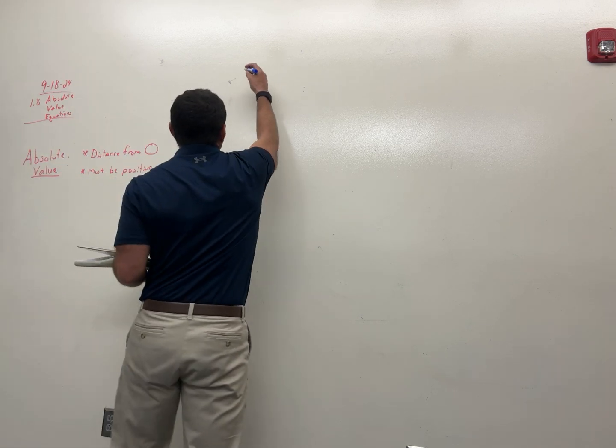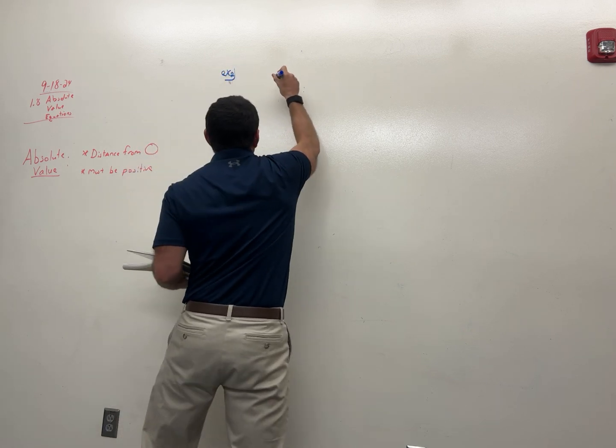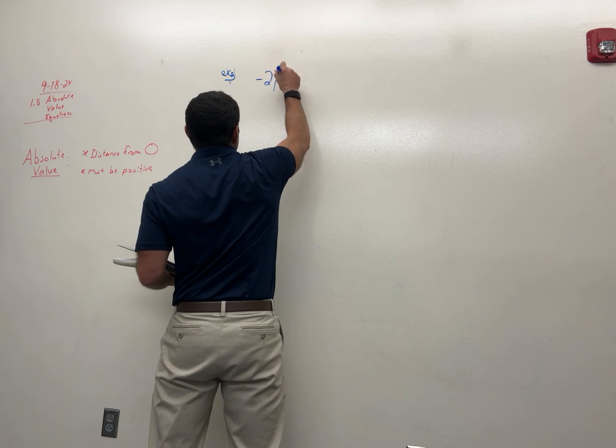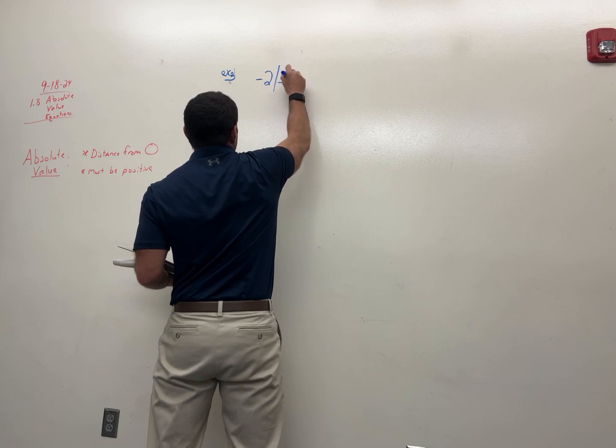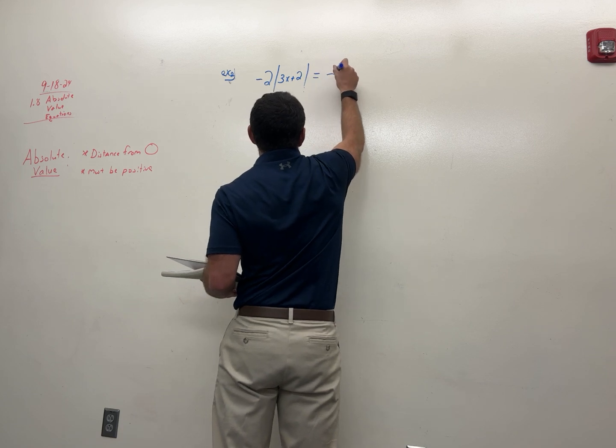Let's go. So here's example 2. Let's go: -2 times the absolute value of 3x plus 2 equals